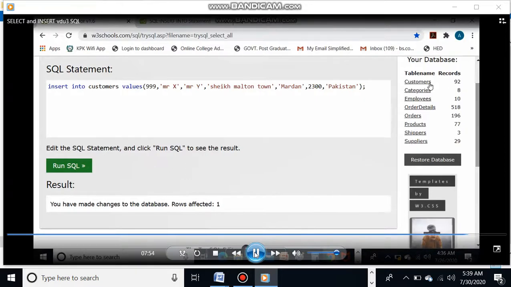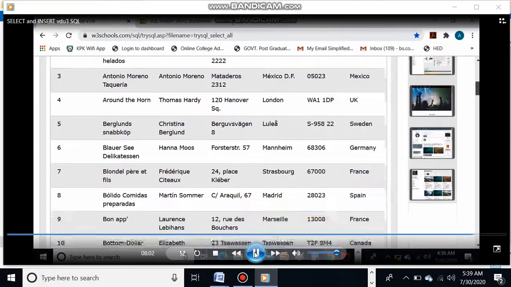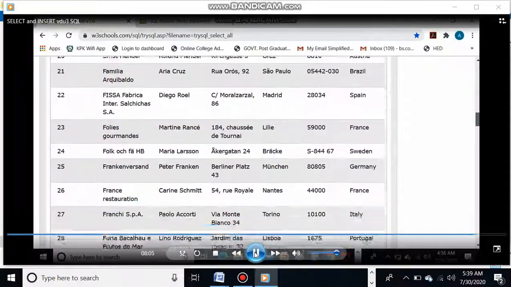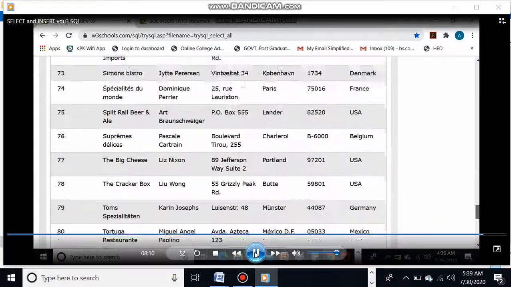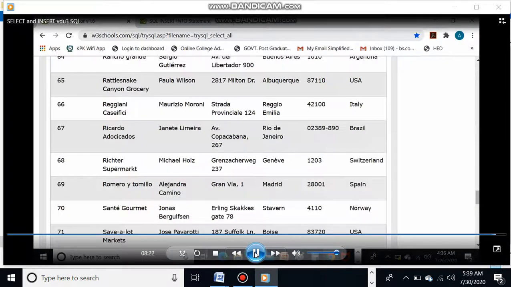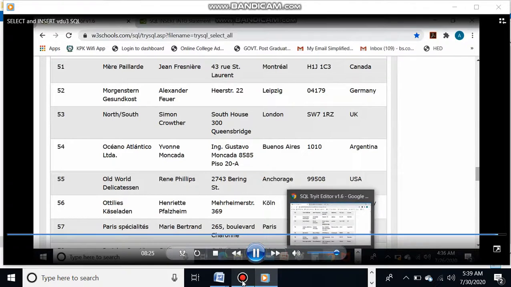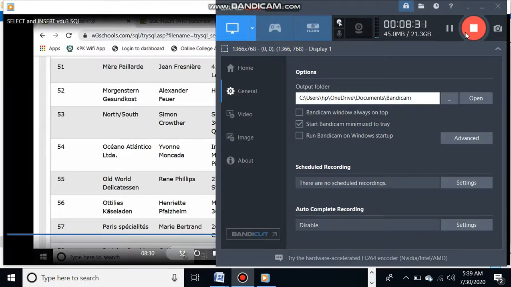Now let's see the table. Okay, now look at the end of this table, the row which has been inserted will exist, and yes, look at this, this is the row which we have inserted, right? I hope you have understood the lecture, so try